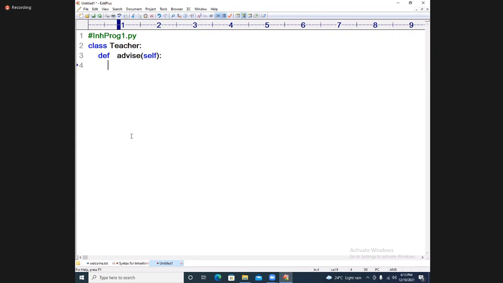Carefully understand, everybody. Print: teacher advises all students to read and practice Python notes. This is the message I am giving. Enough.